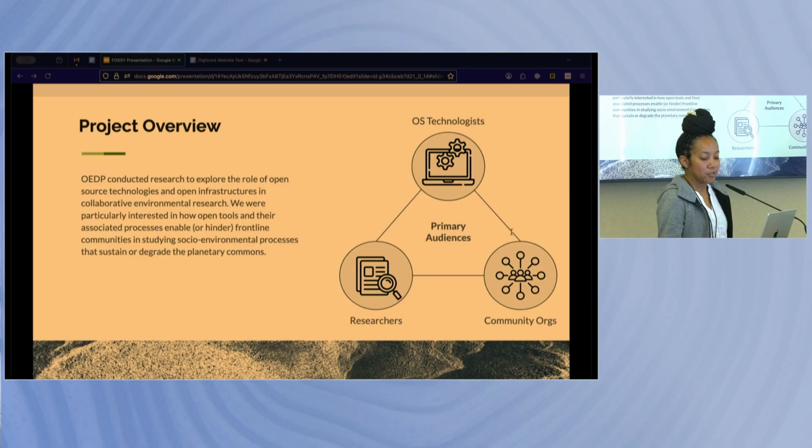And then we had researchers. Typically they were from universities, but often they were also like community researchers working within orgs. So really it was a bit of a Venn diagram all the time when we were talking to different people. We're like, this person kind of fits here, but they also kind of fit here. But our aim for the last few months has been to develop a toolkit based on our findings that cater to these different audiences and their specific needs.